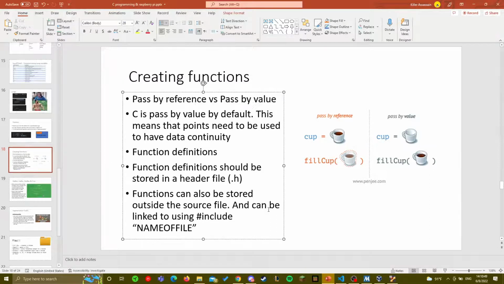Creating functions, right? So we did cover creating functions. In the case where you want to bring a function out of a file, for example, if you're working on a big project, it's very easy to have another file and move everything to that file. To do that, you need a header file and whatever C file you have. You can not include a header file, but it's generally good practice to include one. You can get away with it, but please don't do that.